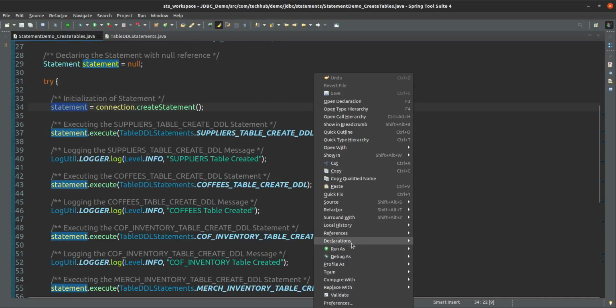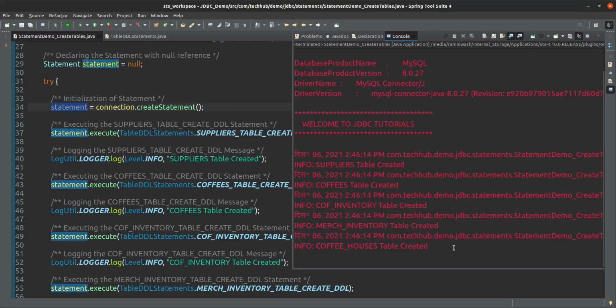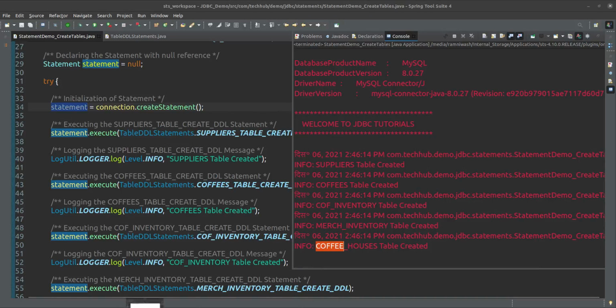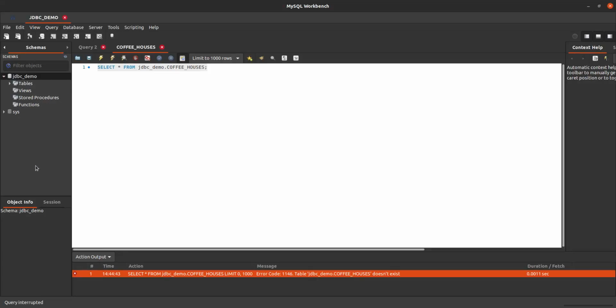So if I run this one, you will see we can execute this statement. Yes, the statements are executed. Supplier table created, coffee table created, coffee inventory table created, merch inventory and coffee house table are created. And if you go to your workbench and refresh this database, then you will see the tables came now. These 5 tables came.